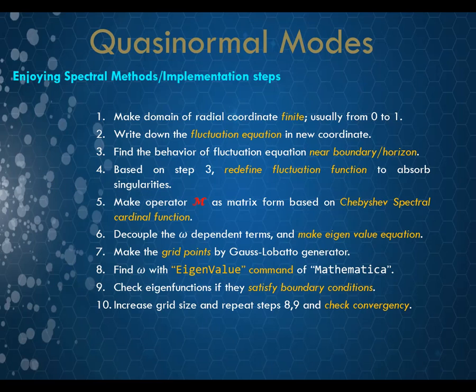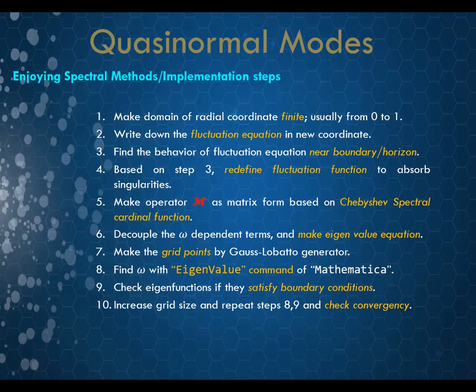And based on that behavior, redefine the fluctuation function to absorb the singularities into the newly defined functions, and make the operator M a matrix based on the Chebyshev spectral cardinal function mentioned in previous slides. And then decouple the omega dependent terms and make the eigenvalue form of the fluctuation equation. Then make grid points by the Gauss-Lobatto generator, and